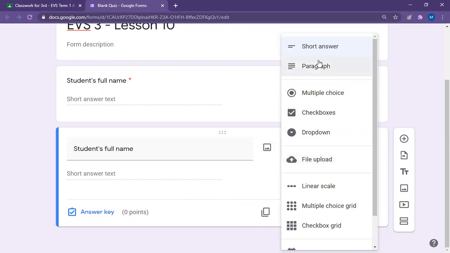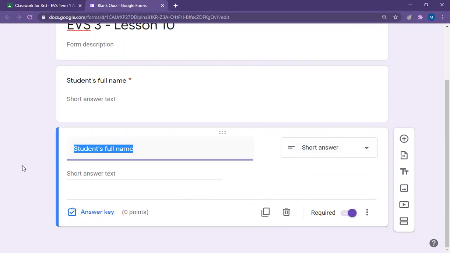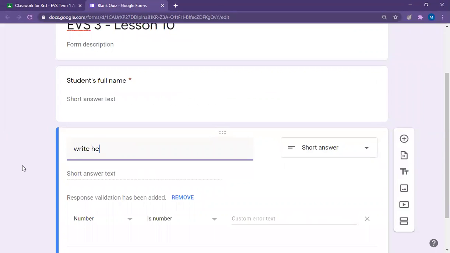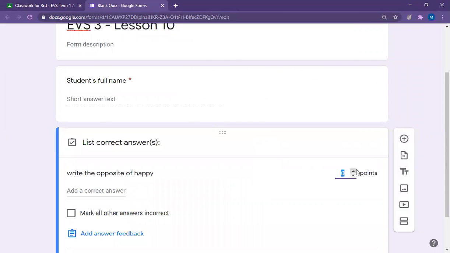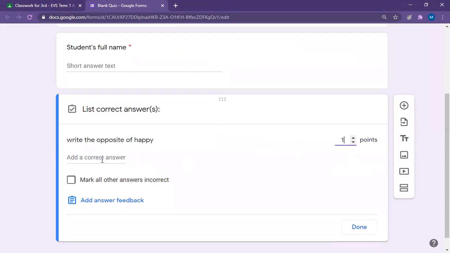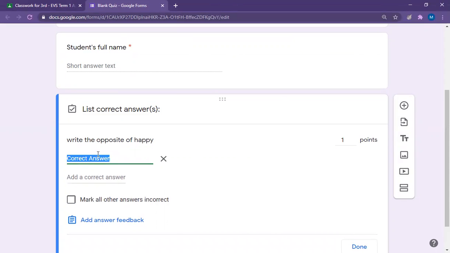Secondly, we have various options for this. When I'm talking about short answer specifically, whatever our question is, maybe, I'm just giving an example, okay? Write the opposite of happy. As I have written, I have to choose an answer key, choose 1 point for this question, and add the correct answer. For adding the correct answer, it's really important for us to choose a single format. I'm going to choose the caps lock. I will keep all the letters capital,